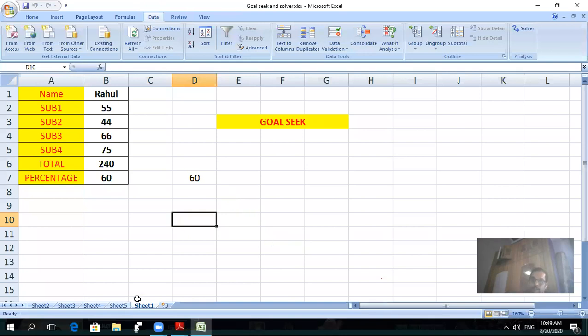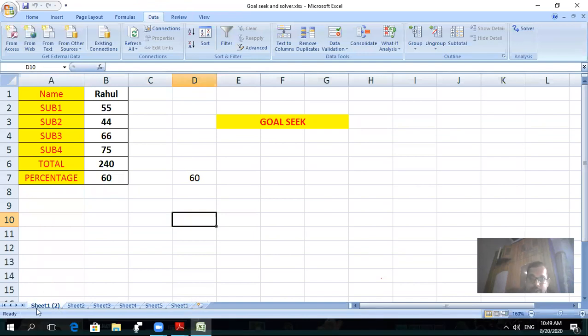Clear? Suppose that you want to generate a copy of sheet 1. So what you will do, you will press the CTRL key from the keyboard. Once you press the CTRL key and then left click on it, now place this to its original position, like at the beginning. Now shift here.